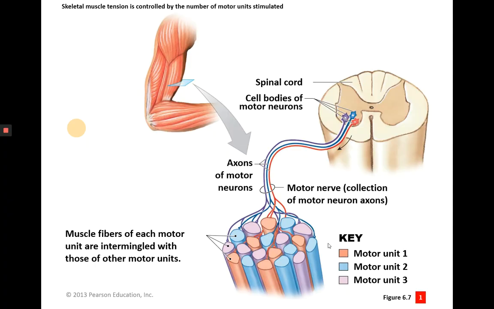Okay, and this image shows you what it looks like. Basically, what you have up there on the right of that image is a cross cut of the spinal cord, or what is known as the transverse cut of the spinal cord. And you can see a nerve exiting the spinal cord and heading towards the biceps brachii. The biceps brachii is shown on the top left,